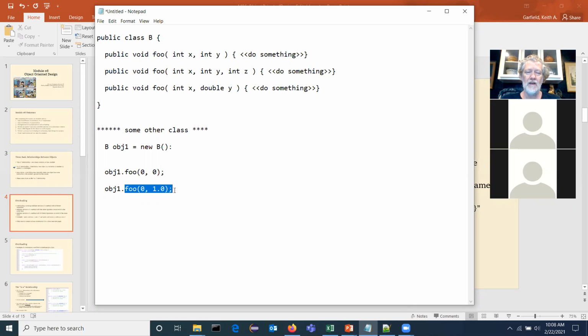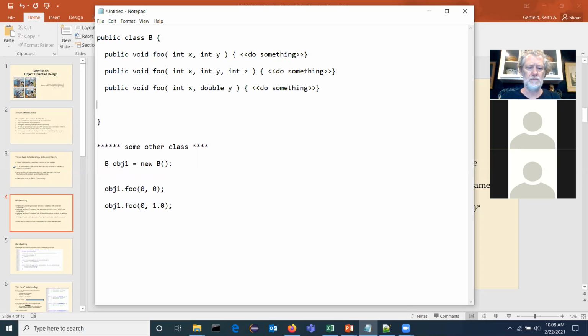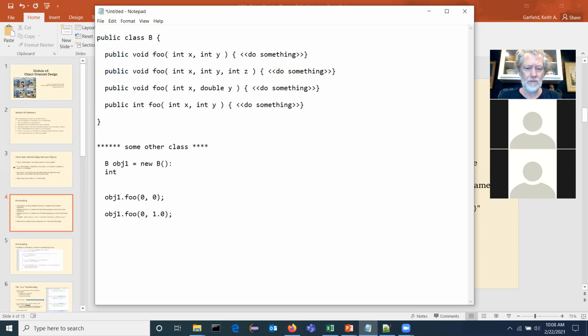Yes, you can, because I have an integer and a double, and there's only one of those that does that. And you can also change anything that you change in the signature is fine.